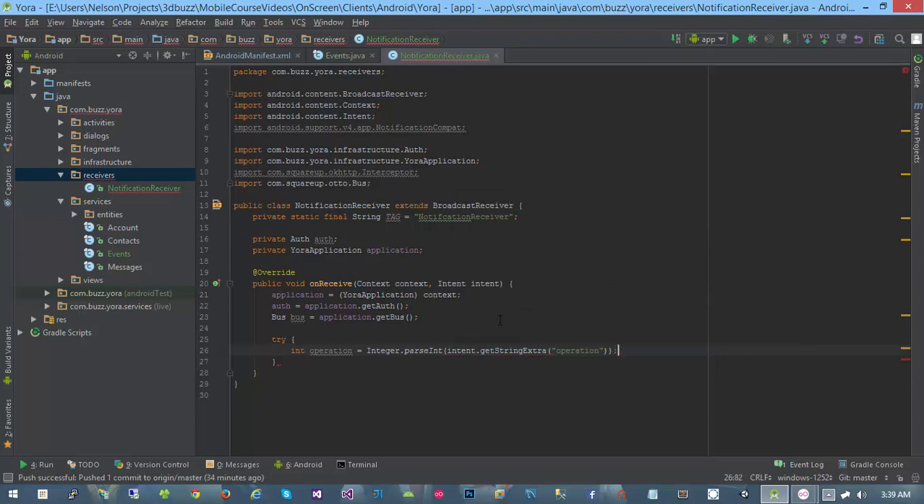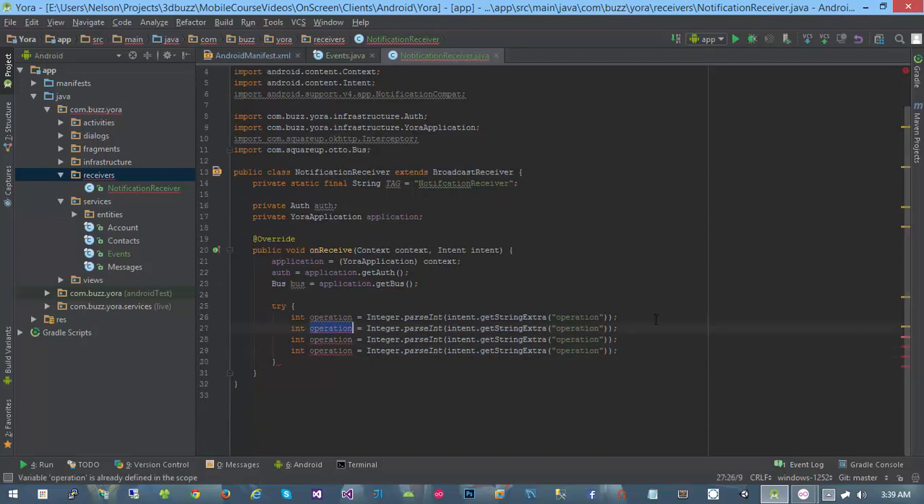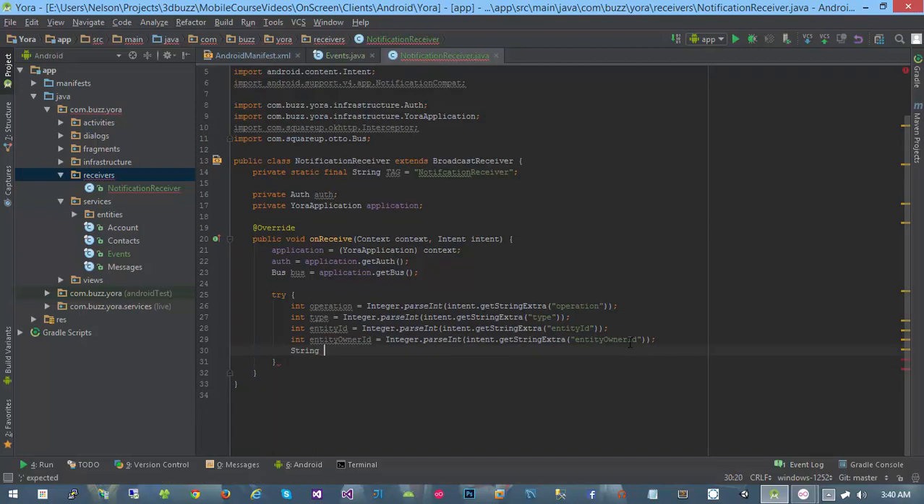So this is data that the server is sending. It is sending data that got stuffed into this intent. Specifically, it was a JSON object, but it got serialized down to this intent for us. I'm going to go ahead and copy and paste this line 4 times and change operation on this to type, and then I'm going to change operation type over there. I'm going to add entity ID. I'm going to change this to the string literal entity ID, and then I'm going to do entity owner ID equals entity owner ID. There's one more parameter that I can use. I'm going to do string entity owner name equals intent.getStringExtra